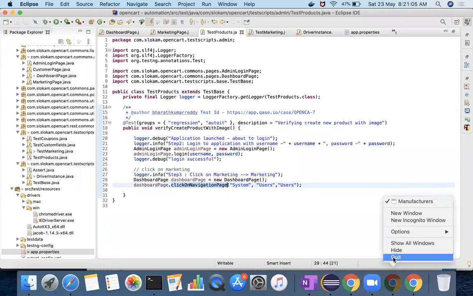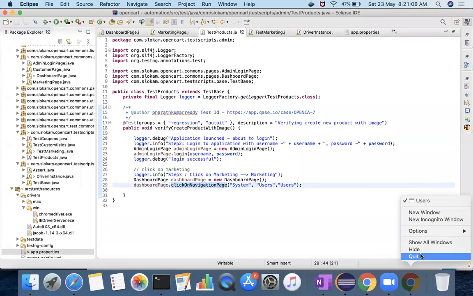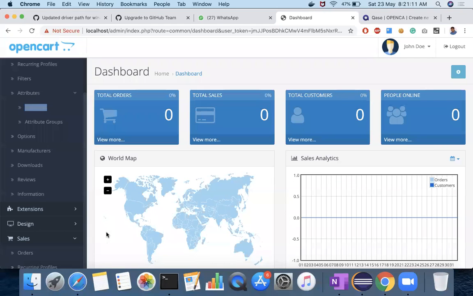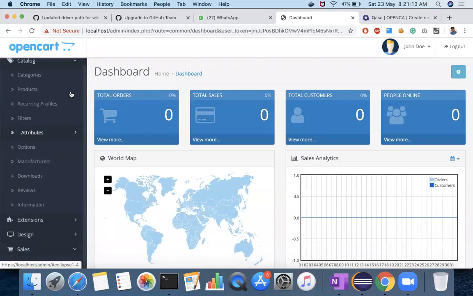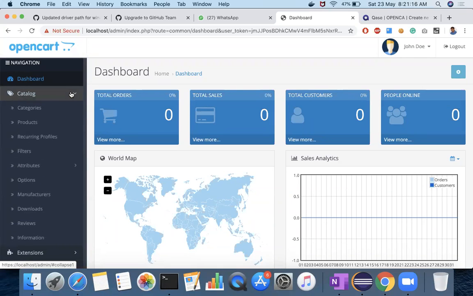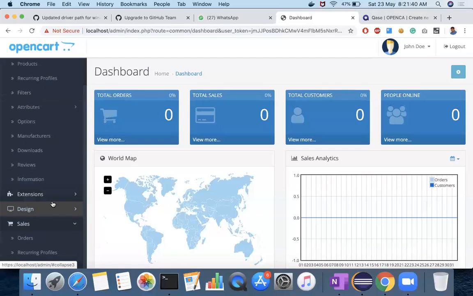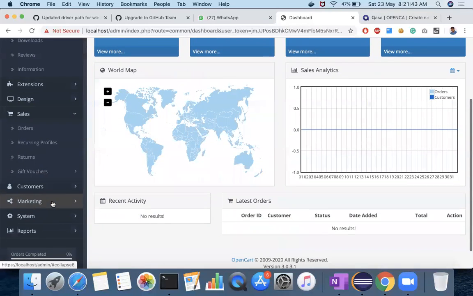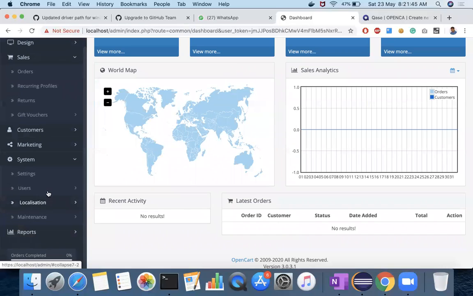Let's say how frameworks have to be designed. Whenever you design a framework, and you have two or three colleagues under you who want to automate the cases. Now they got one test case which says go to the users and create a user. Now you should not be writing the code for driver.findElement, and then what is the locator for catalog, what is the locator for system, what is the locator for users.